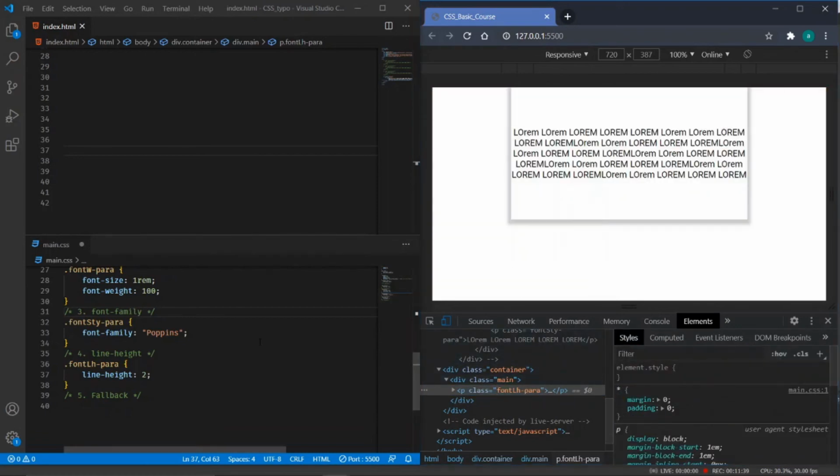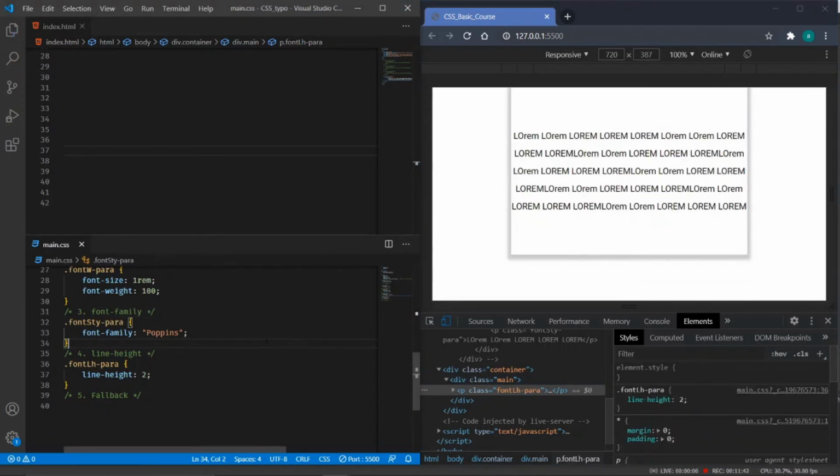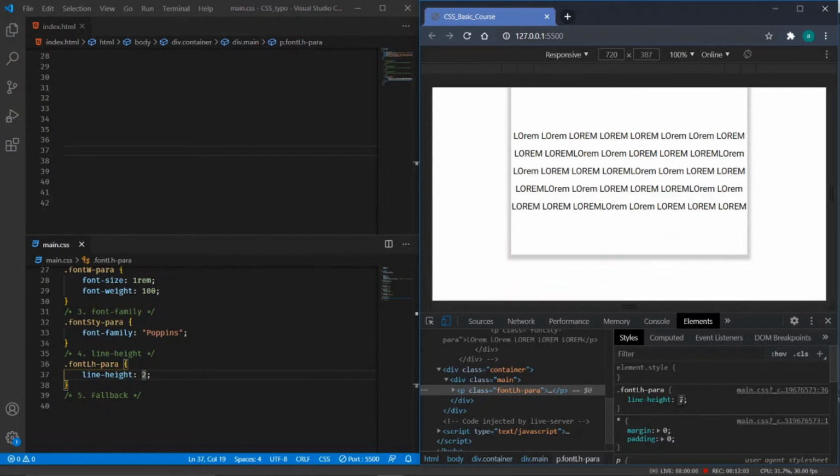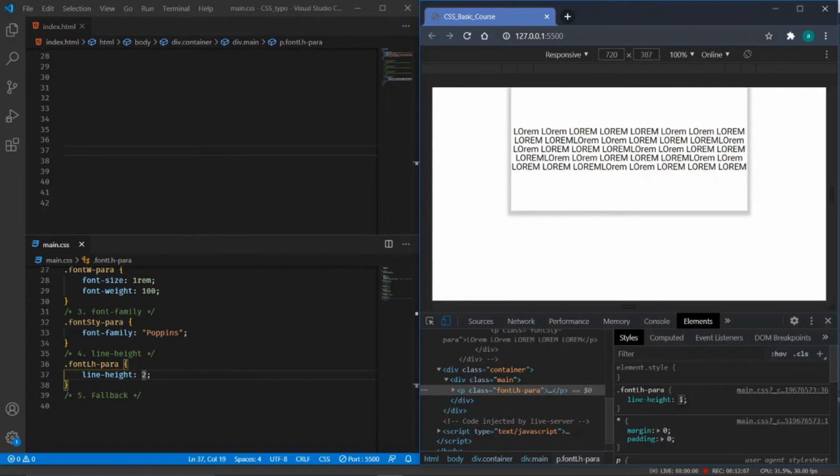Let's cool. So I will just add this one. So as you can see, I have increased the value. Default is the line height of 1. If we want to increase, we should increase in terms of 1 to 10 or a different way. So right now I'm having 2, so I can increase that also, so you can see the difference on my screen.